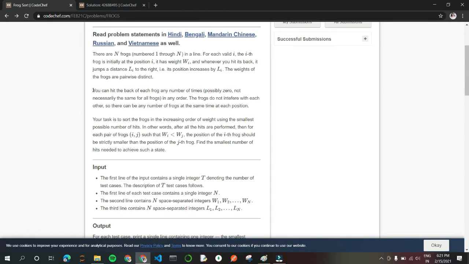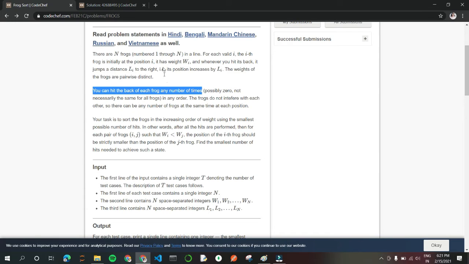You can hit the back of each frog any number of times. When you hit a frog, it will jump according to its length, which will be given in the input.